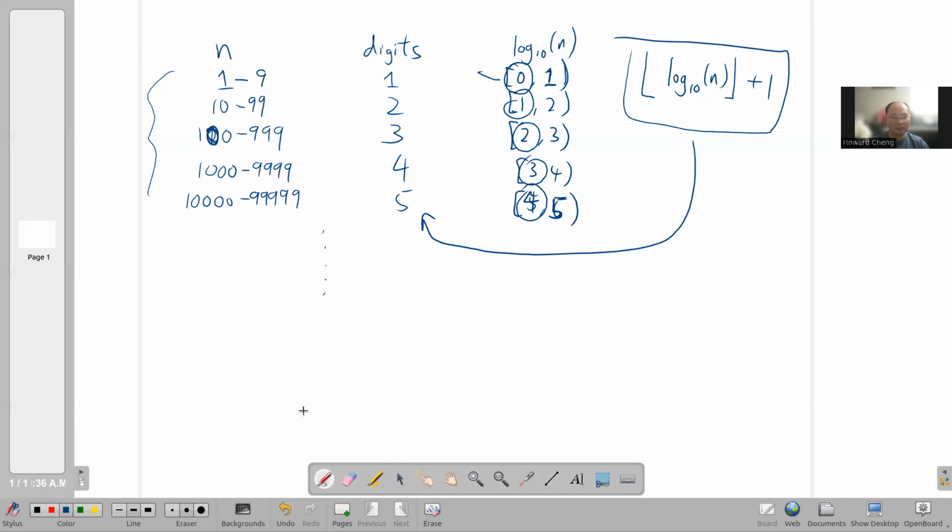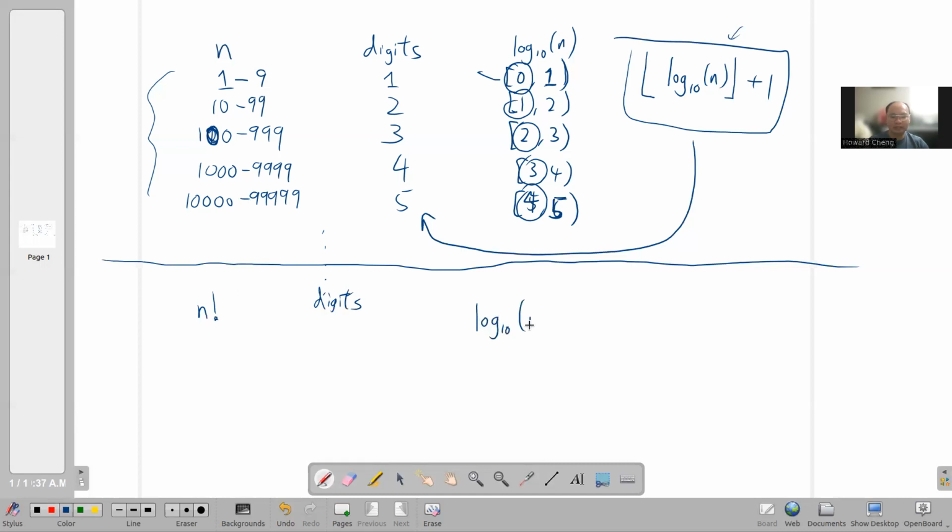Okay, so now what? If I get a number, I know how many digits the number is by doing this. So if I have n factorial, how many digits are there in n factorial? I don't know what n is, but whatever n is, it's log base 10 of n factorial rounded down plus 1. So whatever input I get, I'll get a certain number of digits, right? I'm going to compute this